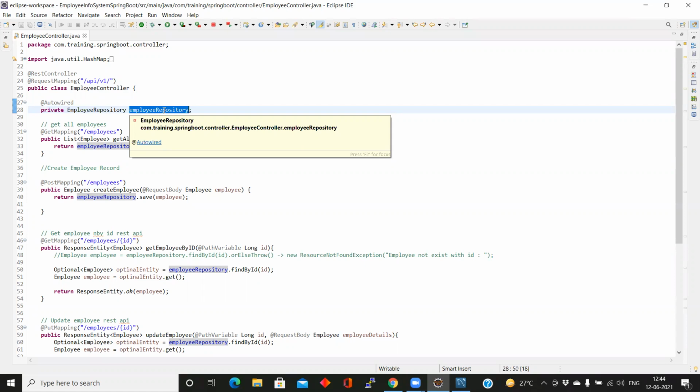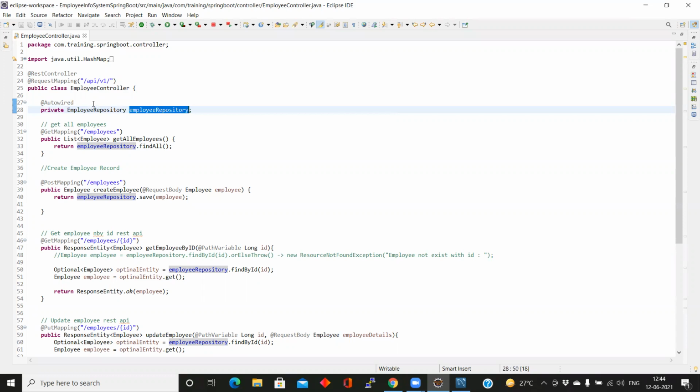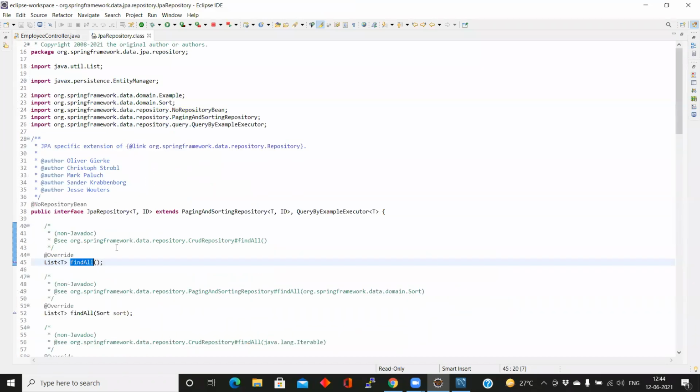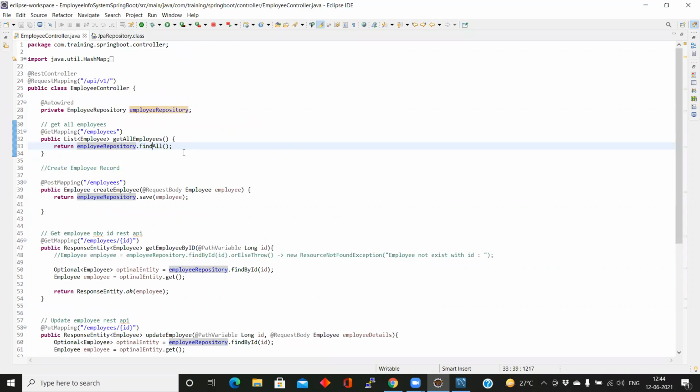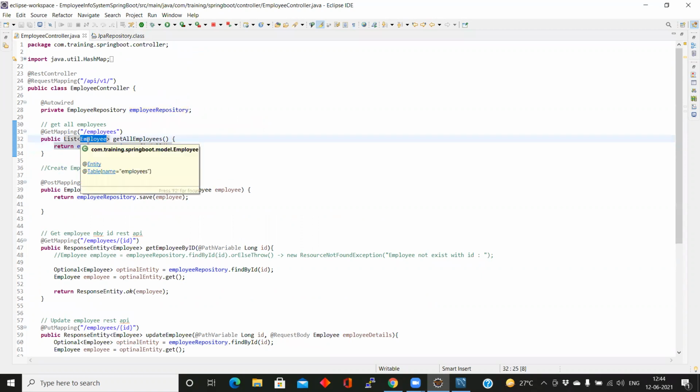Spring container is creating the object for you. And for that we are writing the @Autowired annotation. Next we are writing employeeRepository.findAll. Why is it written? It is the JpaRepository findAll method. It will fetch all values of that entity. What is the entity here? The entity is the Employee entity. So its return type will be a list, a list of entity type, List<Employee>. So now we can test whether it is working in the browser or not.